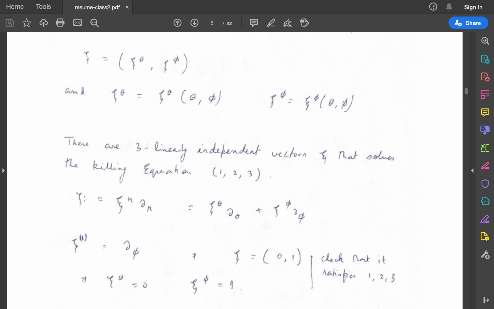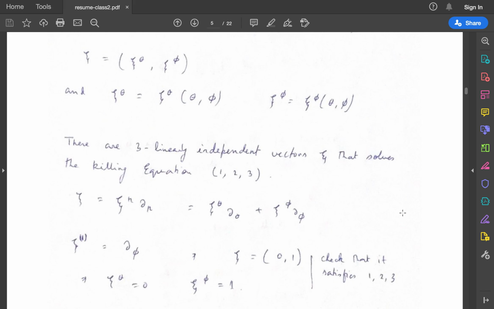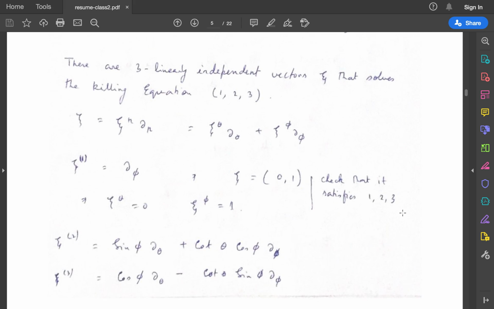So the Killing vector zeta can be written in terms of zeta theta del theta plus zeta phi del phi because of this form. This is a very general form. So let us first assume the first vector to be del phi. What if zeta of the first vector is del phi? That means this theta component is 0, and this is 1. So if I assume this, then I find that the first vector which satisfies all the Killing equations is del